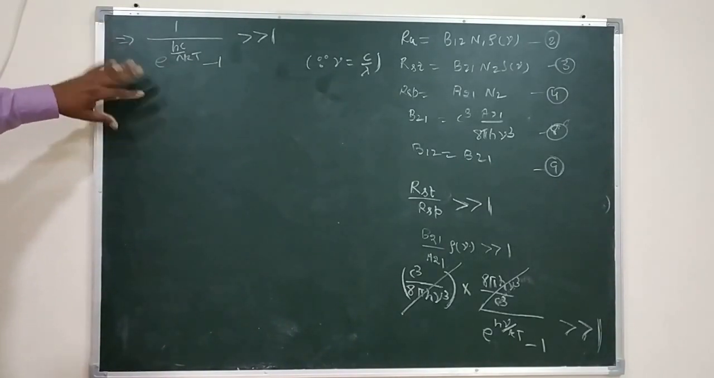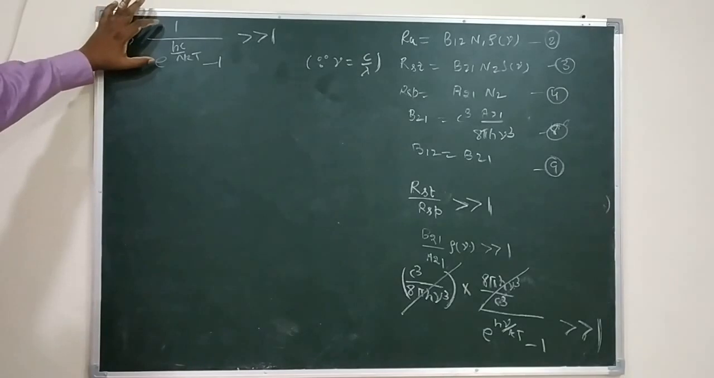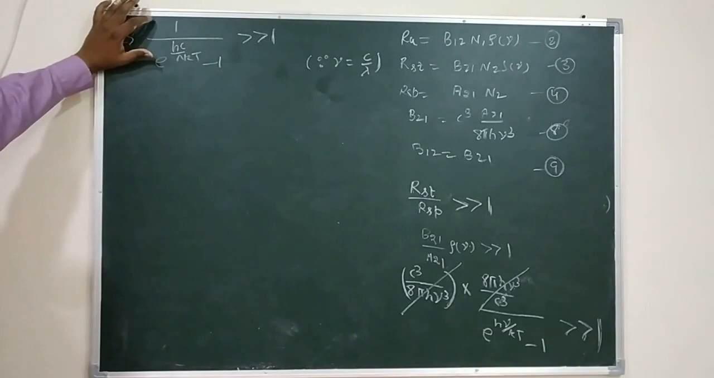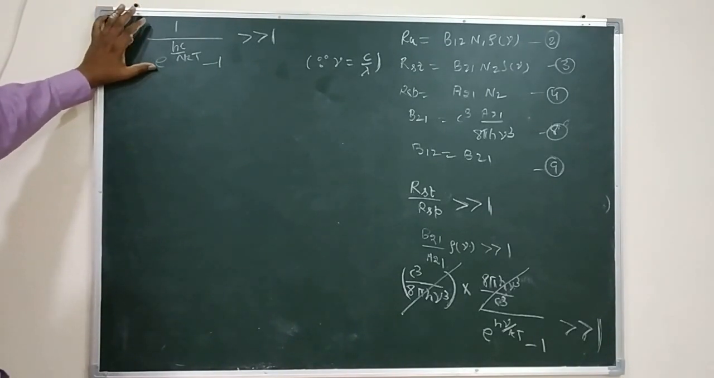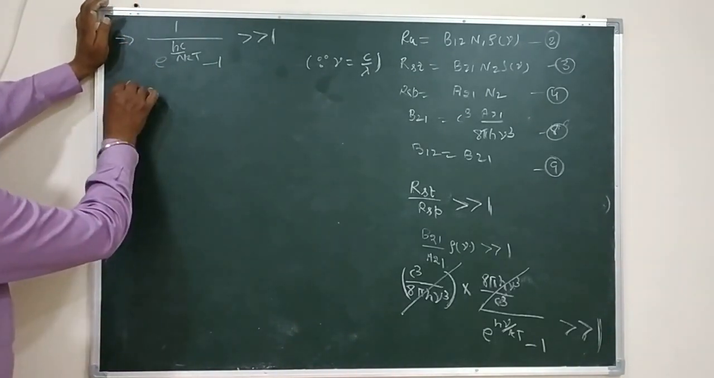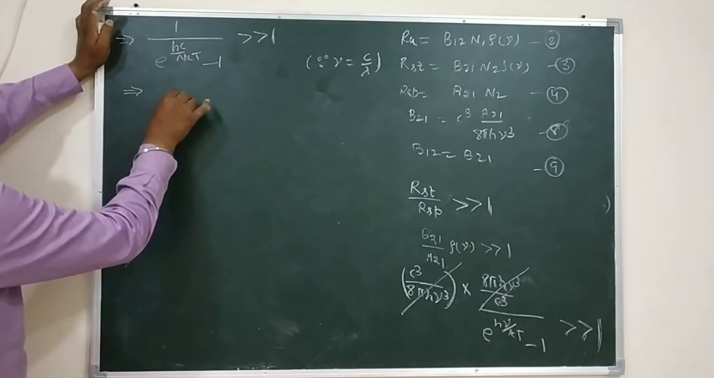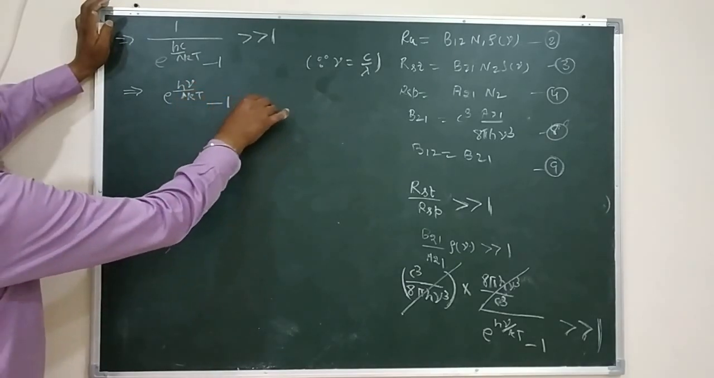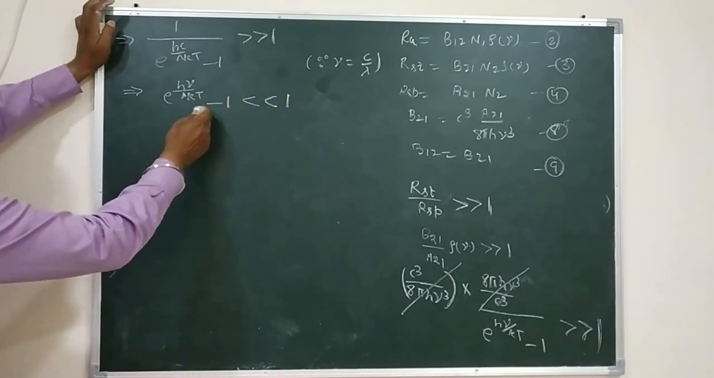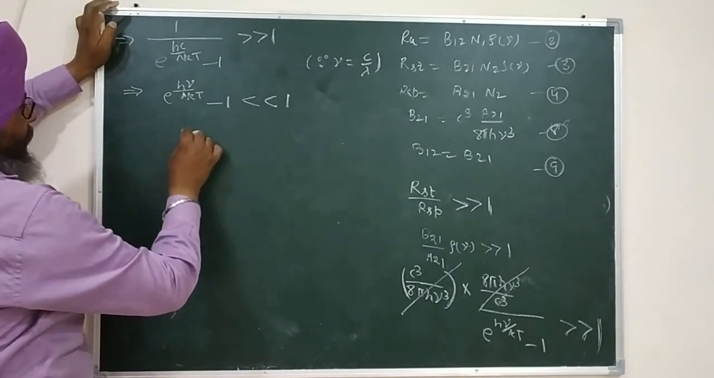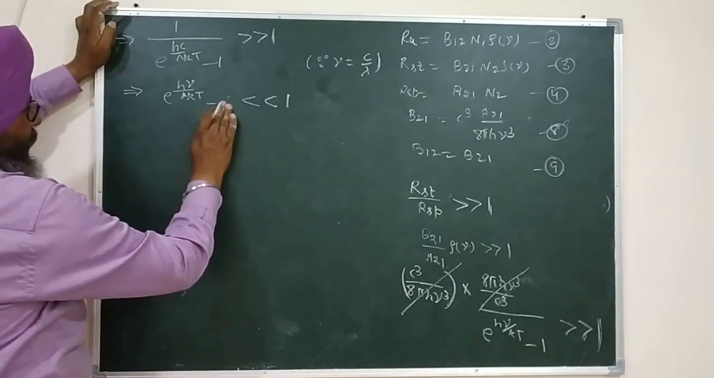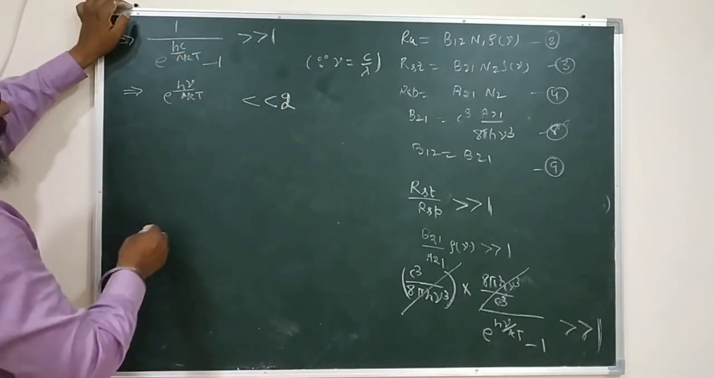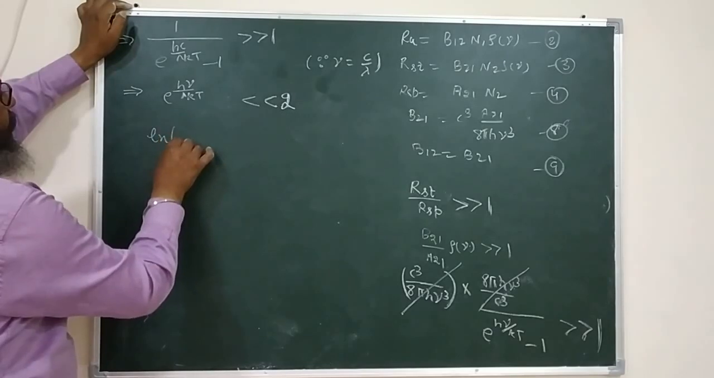Now, it is simple mathematics: how can this quantity be much greater than 1? Since the numerator of the left hand side is 1, this quantity can be much greater than 1 only if e raised to power hc by lambda kT minus 1 is much smaller than 1. If I take it on the right hand side, in the next step I can write that this quantity must be smaller than 2. Now if I take natural log on both sides, then e raised to power